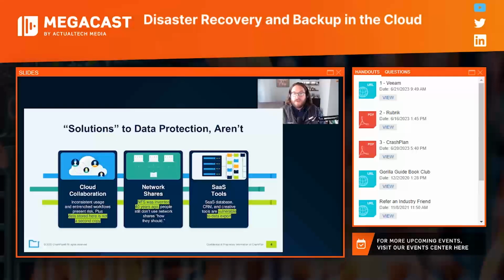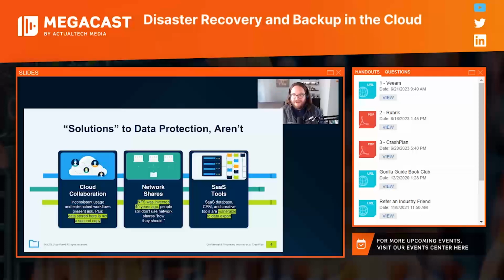And yes, most of an organization's structured data, the source of truth anymore, should be in these databases, in your CRM, or in creative tools, right? Most of these solutions are backed up through some mechanism, although if you're thinking that your CRM is immediately backed up, I would encourage you to take a look at that. But the bigger issue is that while that data is backed up in its structured form, the majority of the time, it will still wind up being exported to the endpoint.